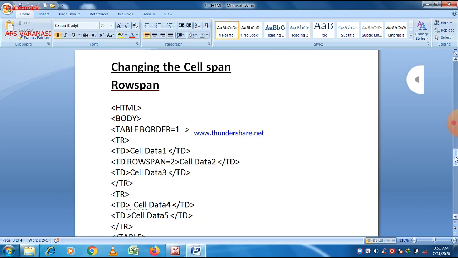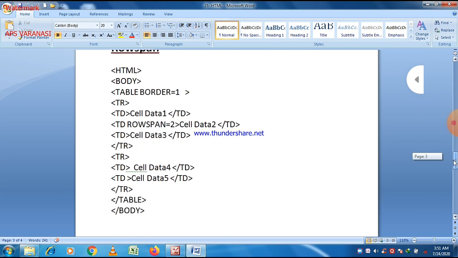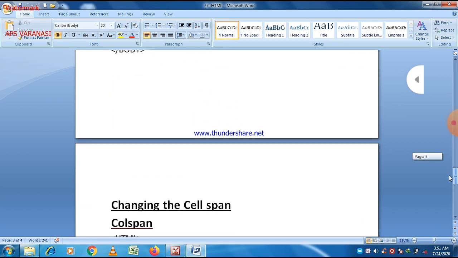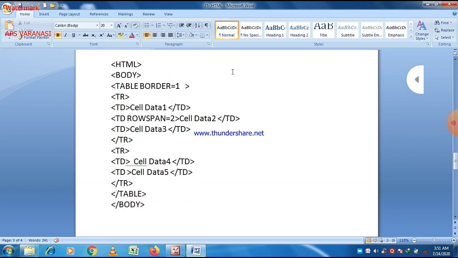Now here is a program changing the cell span. You can see that this is a program related to rowspan. First of all, as we know, the HTML tag is used in a program, and this tag is basically called the root tag. So first of all, just write the HTML tag, and after that your program begins. Then just go to body. This is again a tag that contains the body of the web page,